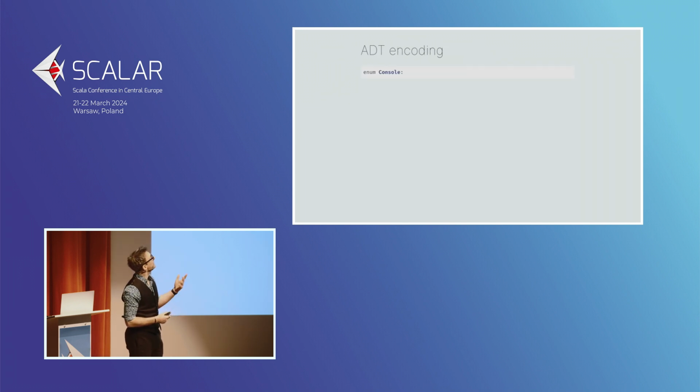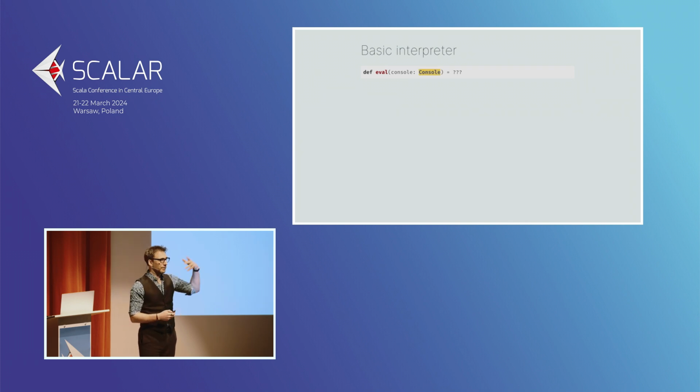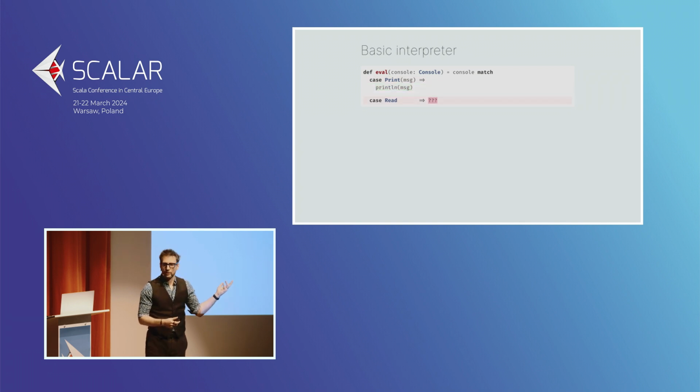A solution to representing that is well known. You use an algebraic data type, Console, with two variants. The first one, Print, and the second one, Read. Straightforward, nothing too surprising, and the evaluation function is going to be very straightforward. We have a sum type here, so we're going to have to deconstruct it via pattern matching. And then we have to provide an implementation for both branches. The first branch is going to be Print, and the second branch is going to be Read. Nothing too surprising here, but there is a bit of a problem. What do you think the type of this thing is? Can anybody tell me?